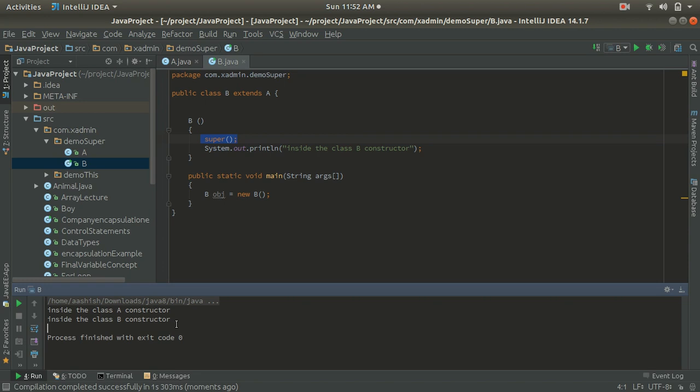It means that the compiler puts the super keyword by itself if we do not put it. So firstly the parent class constructor is called, and after that the child class constructor runs. In this example we have seen that we can call the immediate parent class constructor with the help of this super keyword.